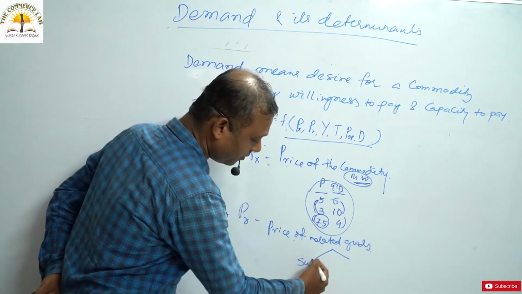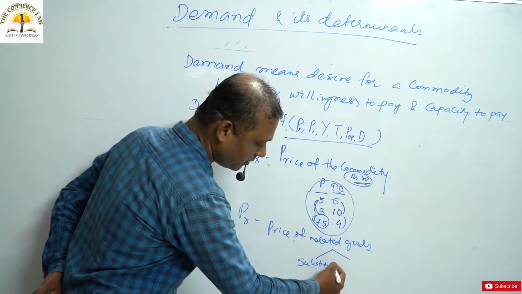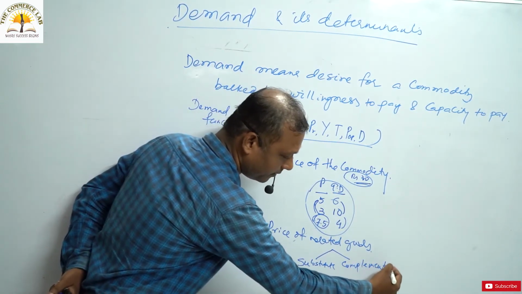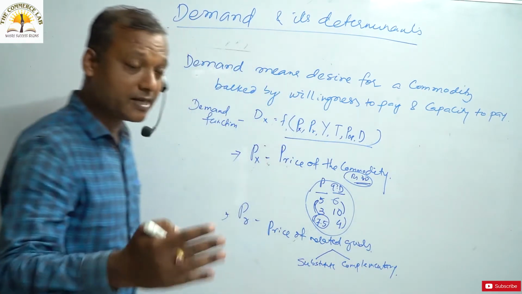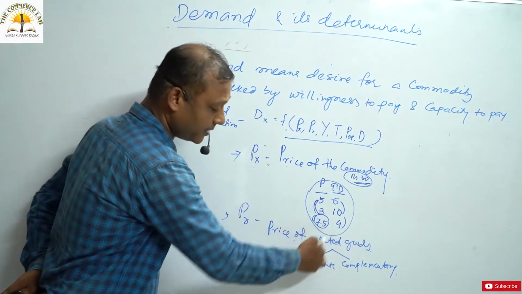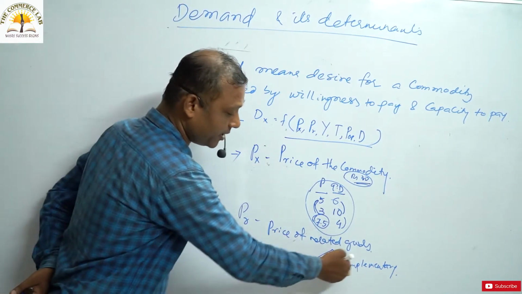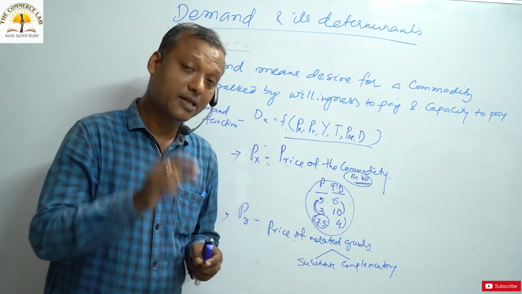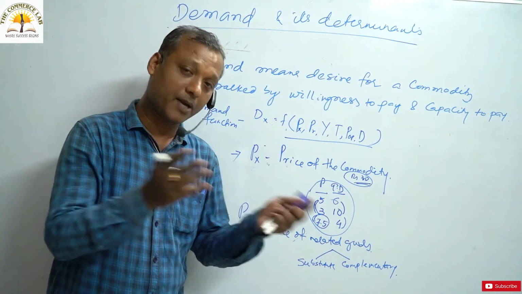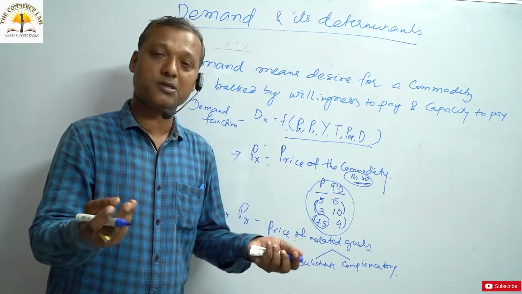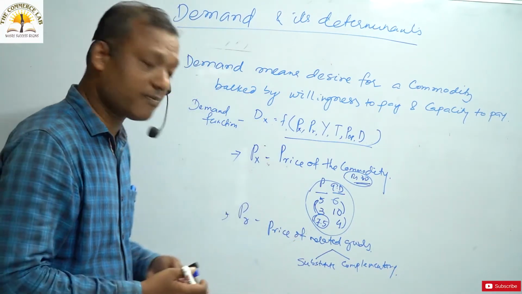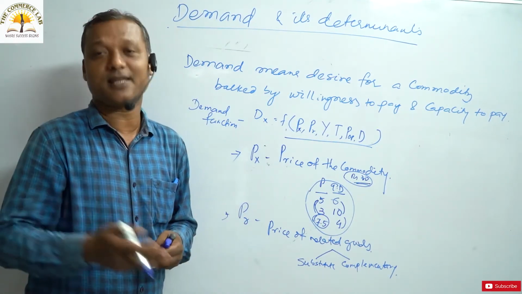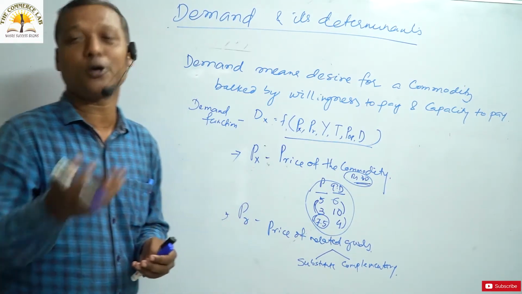One will be your substitutes and one will be your complementary. So we have classified related goods in economics under two heads. One is your substitute, one is your complementary. Let me tell you what you mean by substitute goods. Substitute goods are those goods which are replaced by each other. Substitute goods, alternative goods. What does substitute good mean? Alternative goods. Replacing one good, we can use another. They are known as either or.